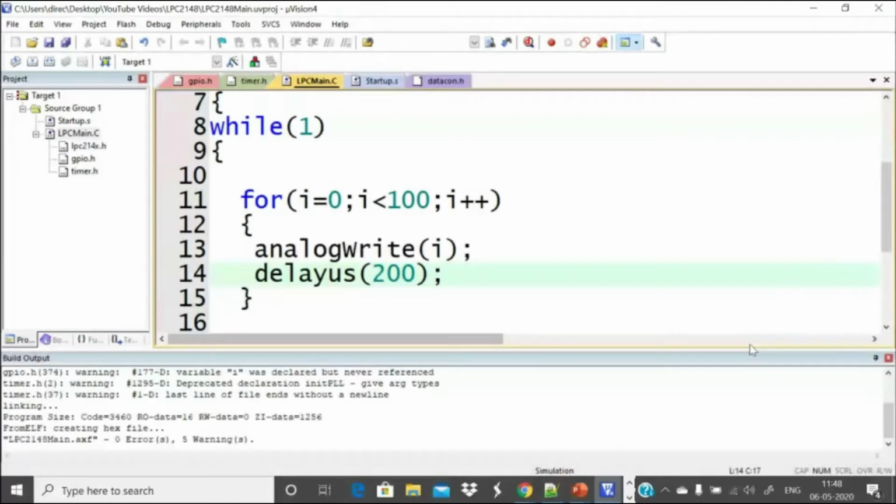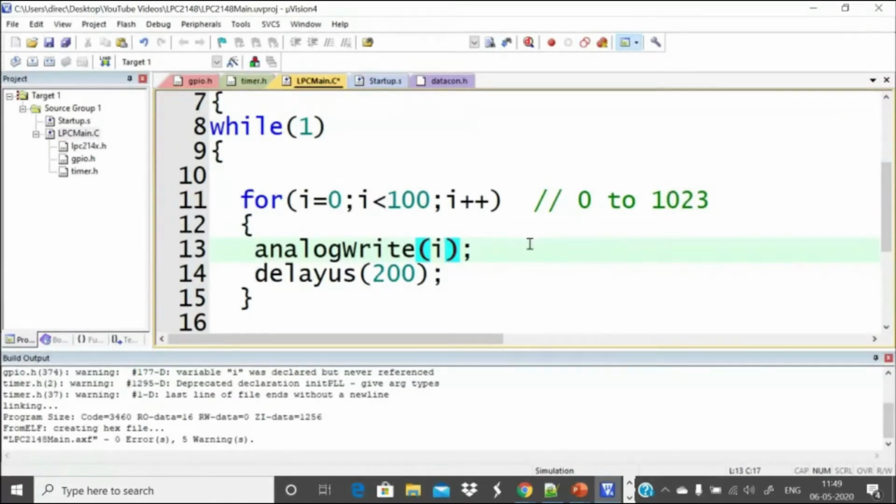Okay. So if you see, the digital data ranges from 0 to 1023. But we are limiting ourselves only to 0 to 100. So if you write a value of simply i, you are using only 1/10 of the total range here.